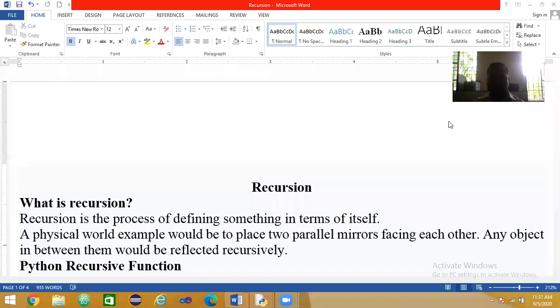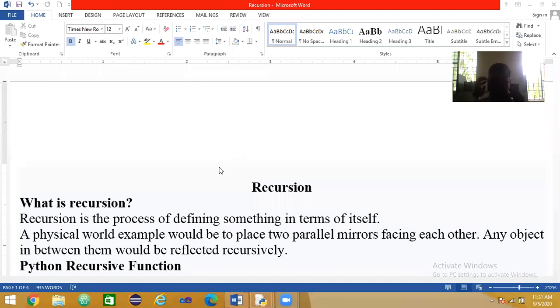Calling the function itself. Calling a function in terms of itself is called recursion. Generally, we take an example program to prove how recursion happens. That is factorial.